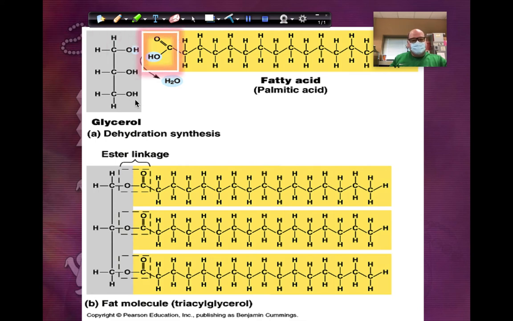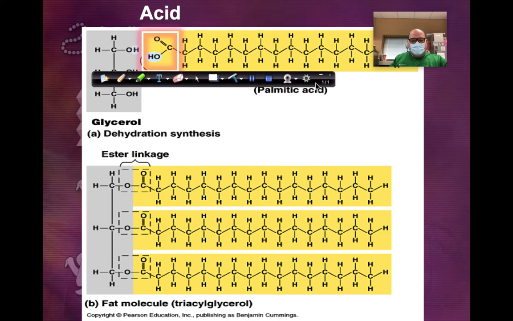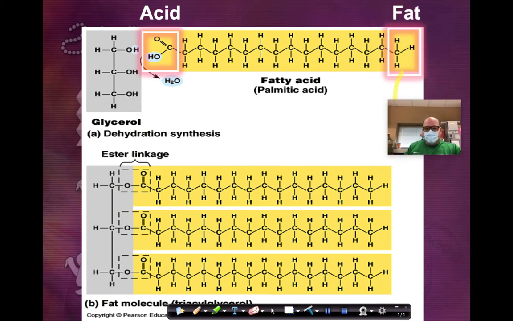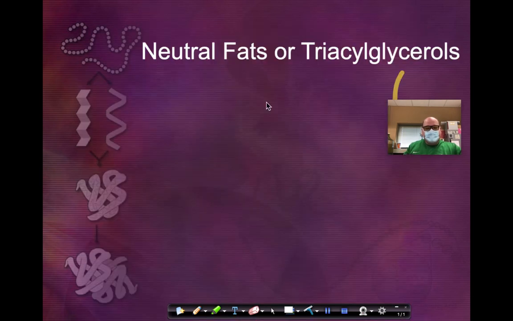Okay, so we talked about that section right there. Let me move this thing out of the way. That is going to be the acidic side. And on the other end is your fat side, sort of the fat side. So fatty acid. All right. And we call this one palmitic acid. All right. So let's look at